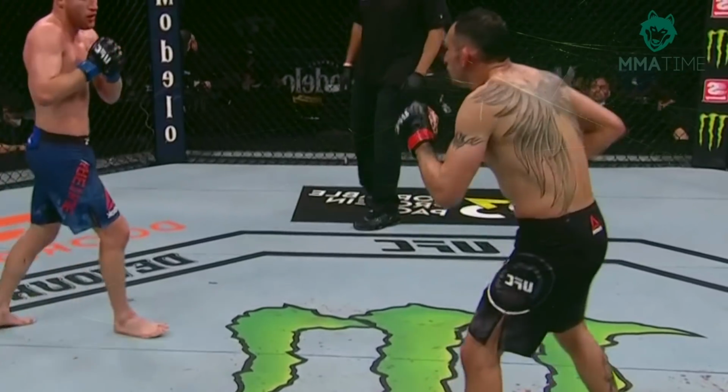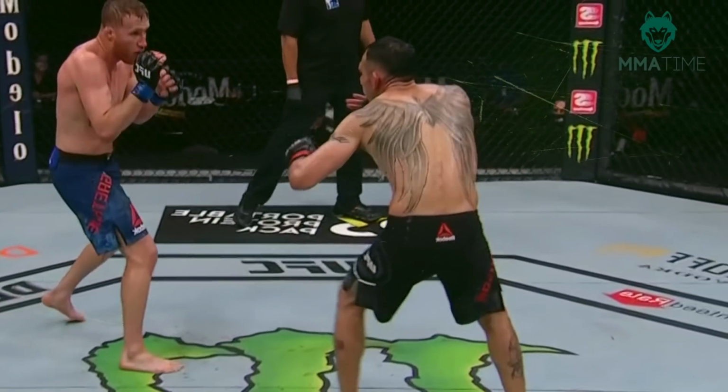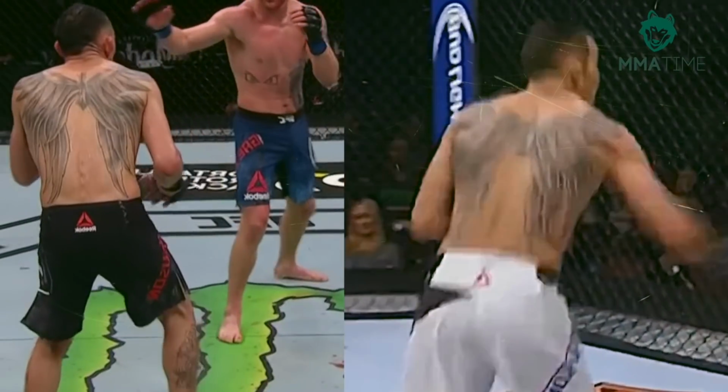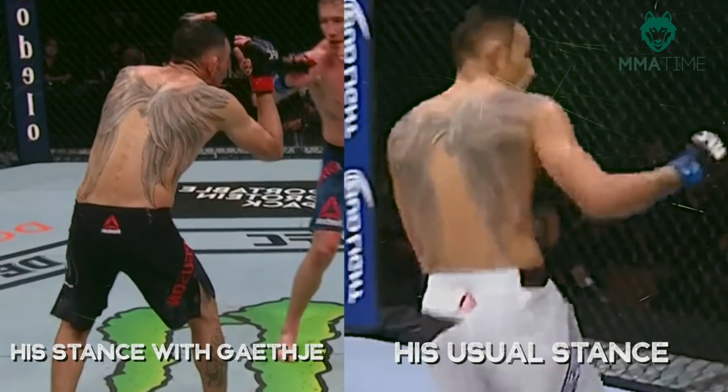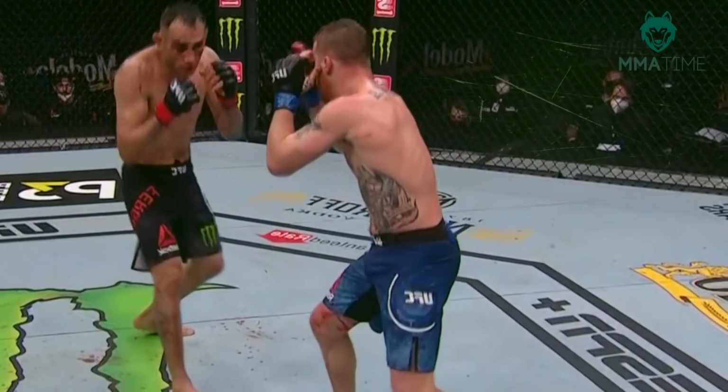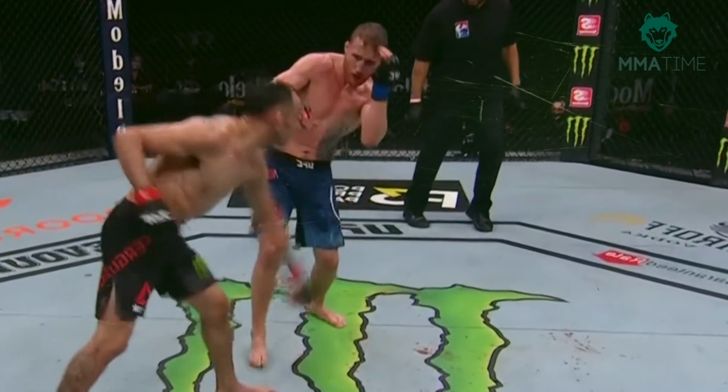An indicator of his damage is that he began to change stances trying to reduce the damage. But both legs were damaged. Tony for the first time stood in a low stance unusual for himself. He raised his hands and pushed up his shoulders. He had no other choice at that moment. He hit a little, but it was a matter of time before he again failed to block a straight with